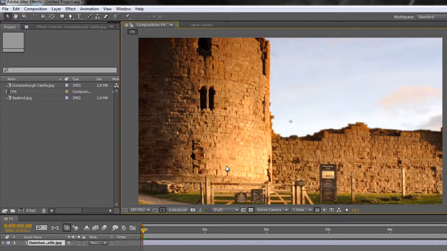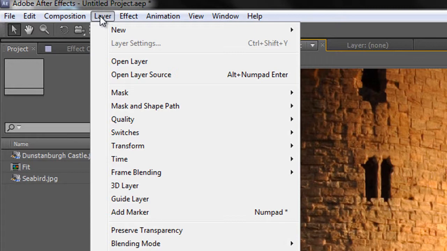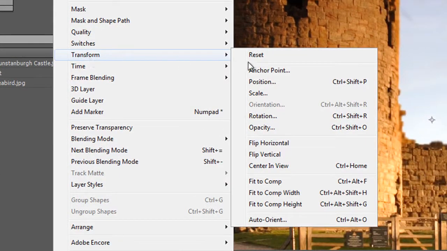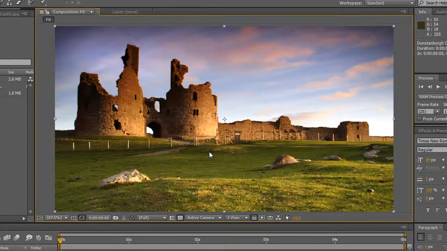Alternatively, what we're looking for can be found up here in the layer menu. And when you go to the layer menu, you go down to transform, and you'll see that at the bottom there are three options. There is fit to comp width, fit to comp height. Now the one that I often teach people is the Control Alt F or the Command Option F in Mac, and if you click your item and do Control Alt F or Command Option F, you'll see that the actual image fits in perfectly. However, it has or could have been squashed and stretched,